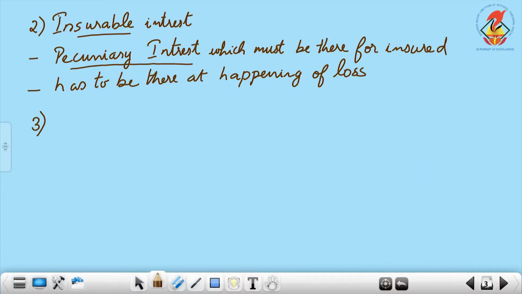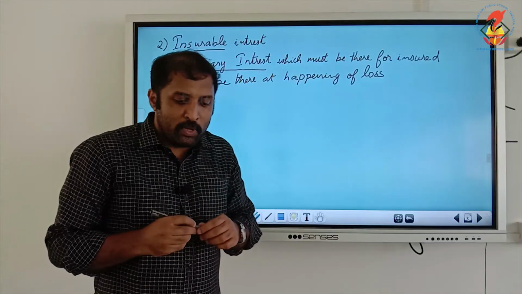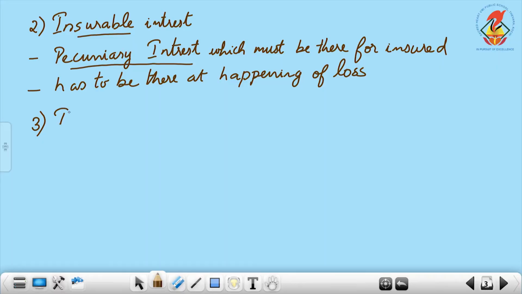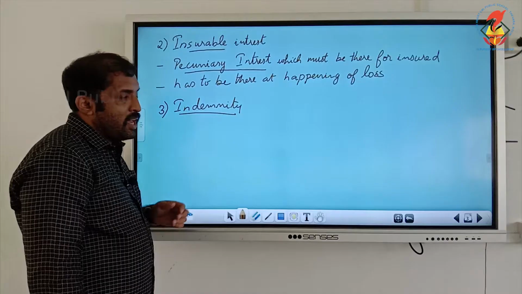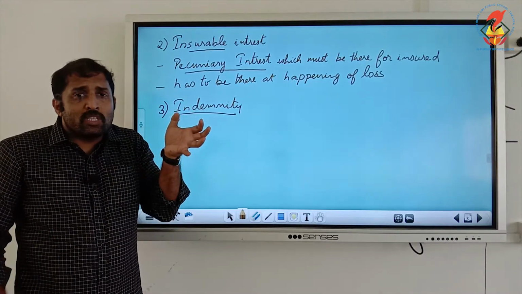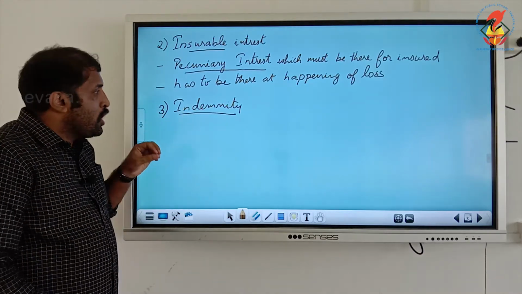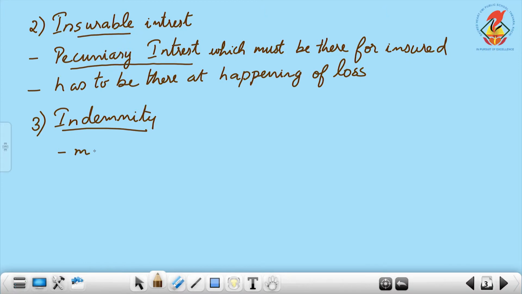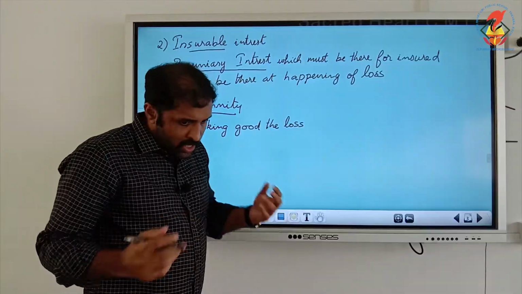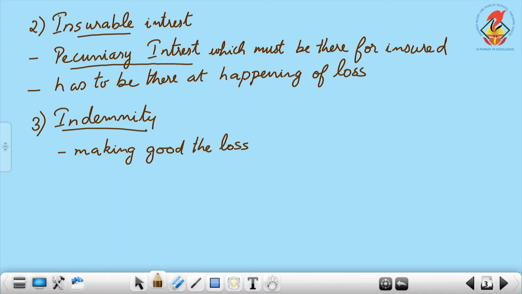The third principle is the principle of indemnity. What is the principle of indemnity? We have already understood what is the basic aim of taking an insurance. It is to make good the loss. So, indemnity basically is talking about making good the loss. Making good the loss means it is to bring back